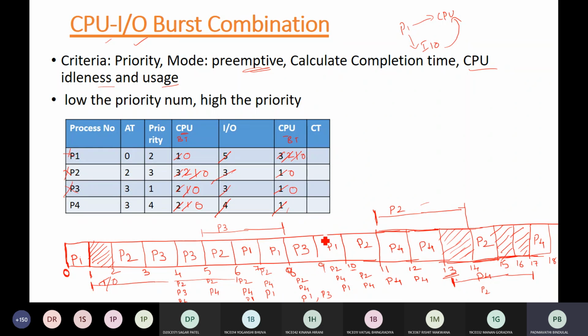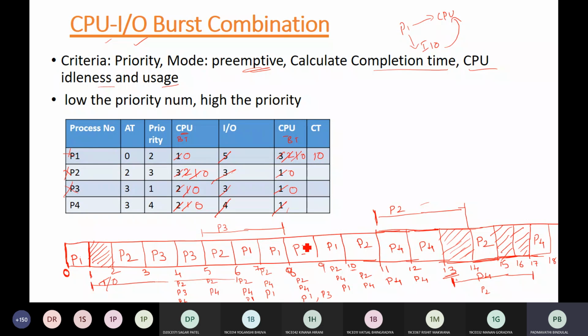Yes. Okay. Now carefully calculate. The question was given to calculate the completion time. So calculate the completion time. P1 process: see from the right hand side, check when P1 last occurred and write that time. Okay, so from the last, if I see P1 has occurred here, then its completion time here is 10.